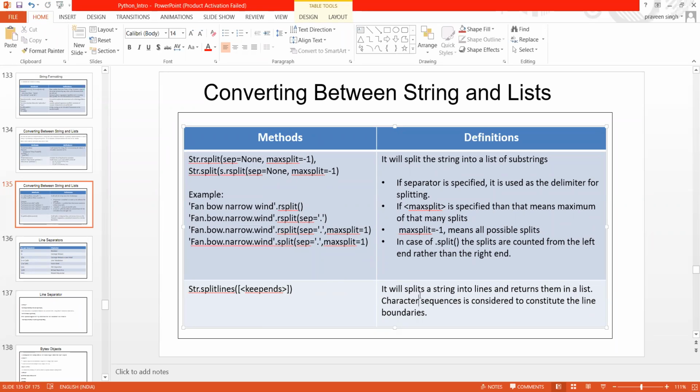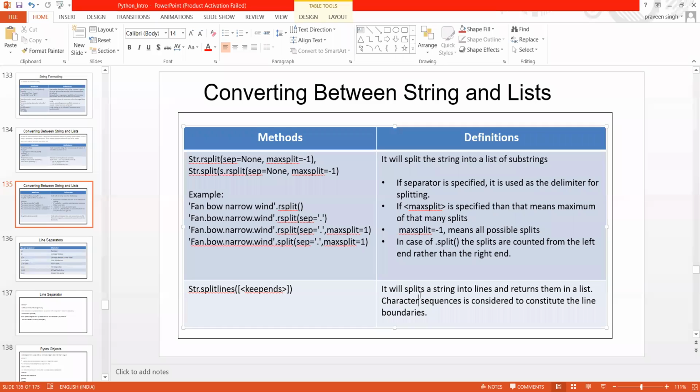Suppose you have one string with multiple lines. What it does is split the entire string into lines and return them to you as a list. The character sequences are considered to constitute the line boundaries.